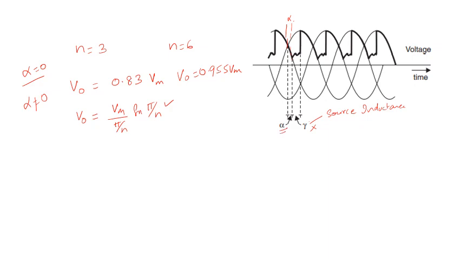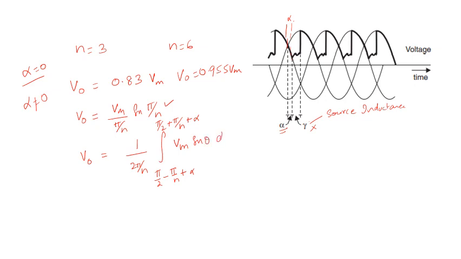So what happens to our cycle now? V naught is equal to 1 upon 2 pi by n, this is the time period, integration from pi by 2 minus pi by n to pi by 2 plus pi by n. So this was the limit for alpha equal to 0. Now I am adding alpha here when alpha is not equal to 0. So I am adding alpha to both the upper limit and lower limit, and what we are going to integrate is sine